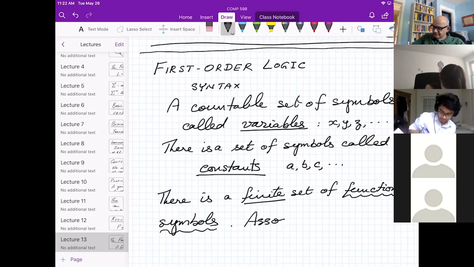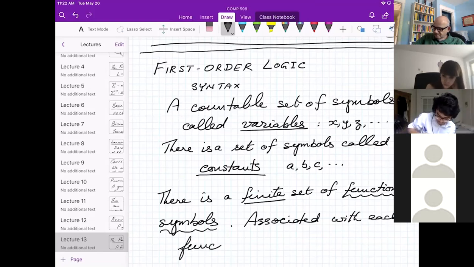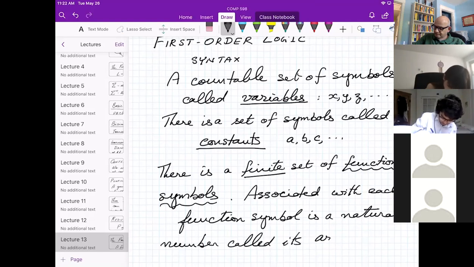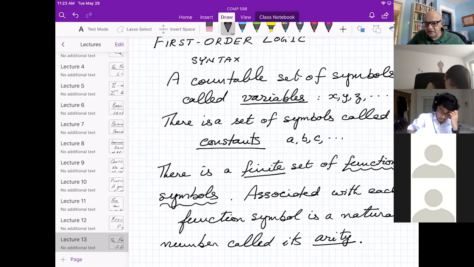Associated with each function symbol is a natural number called its arity. Intuitively, this is a kind of primitive typing information. The arity of a function symbol tells you how many arguments it takes.